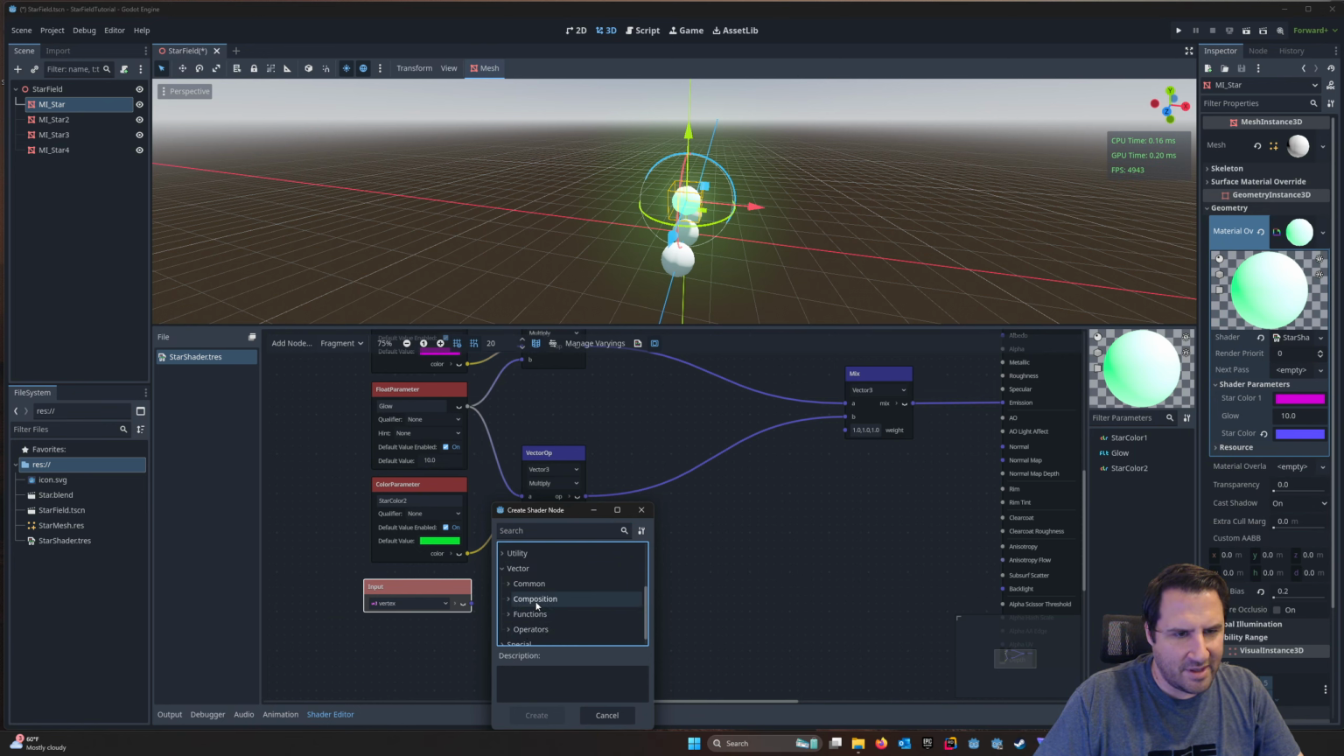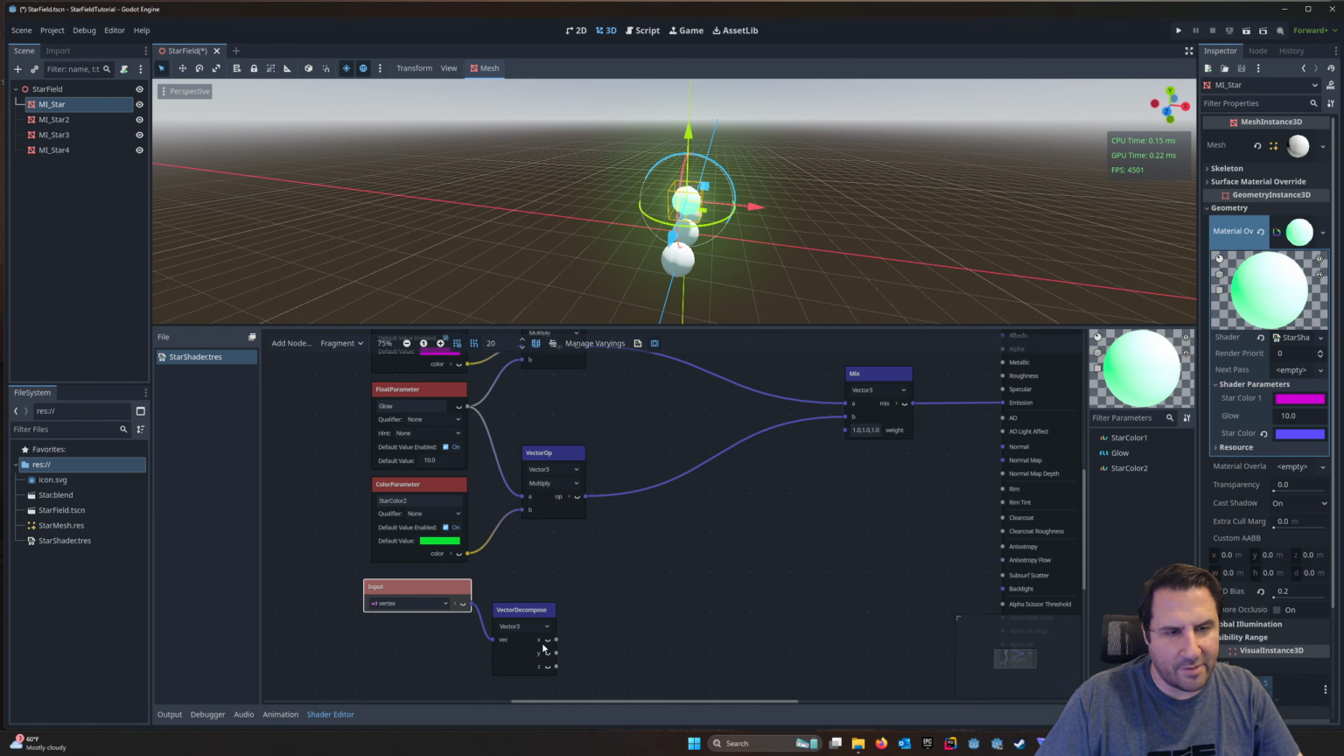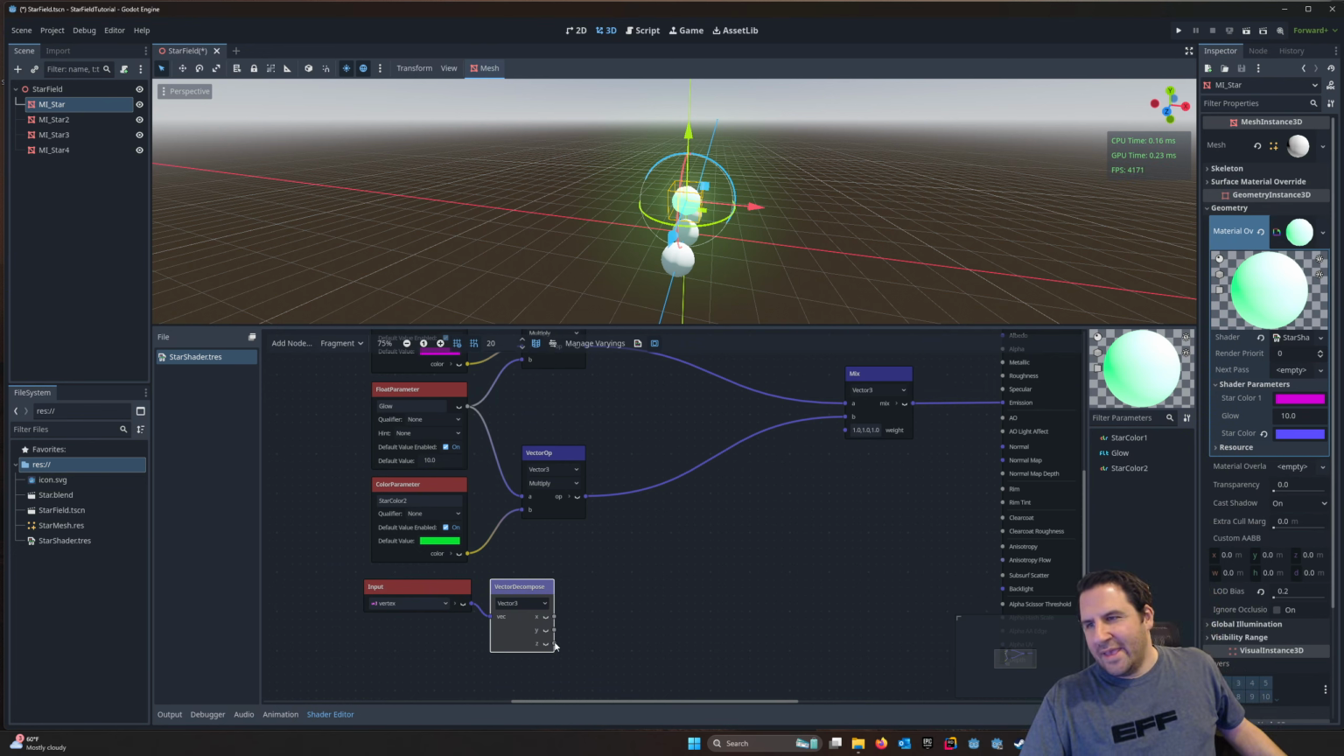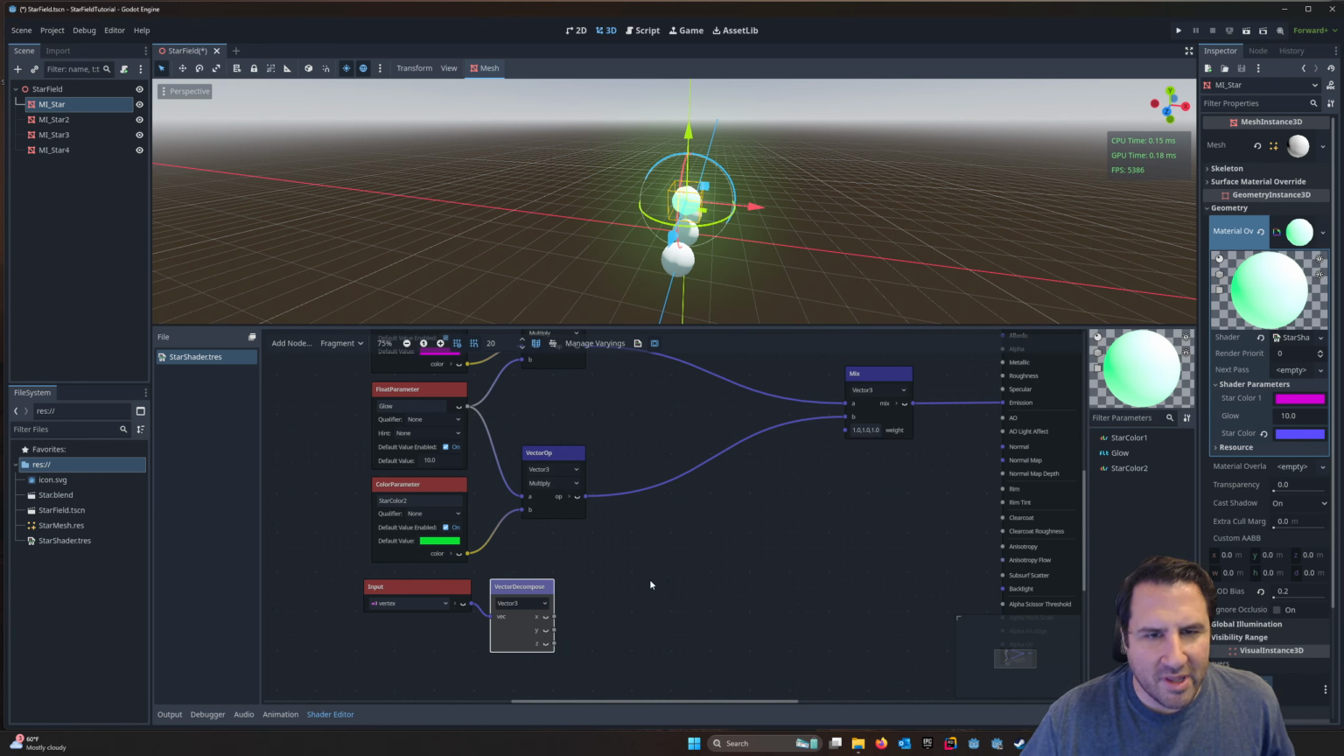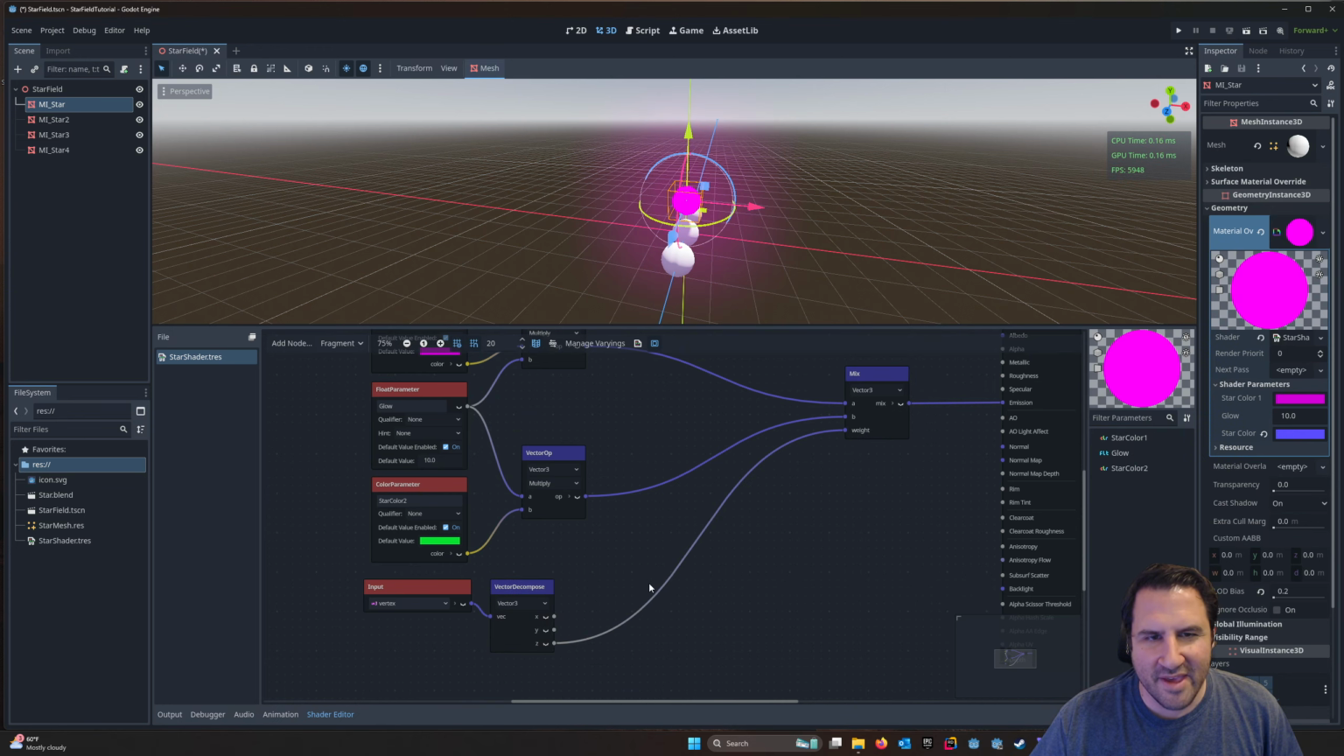Now, if we just come off here, we can do a break, let's see, vector, composition, and we want a decompose. So we want to decompose the vector 3. So we'll go here to vector 3 decompose, and now we can take our vector that is from the vertex, and we have these 3 different values. And the one we care about is z. All right, so what happens if we just plug in the z straight away to this? Well,